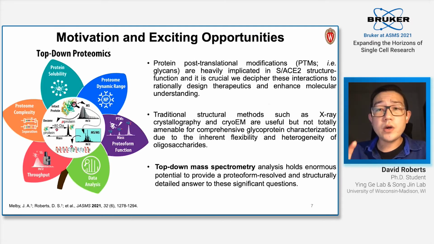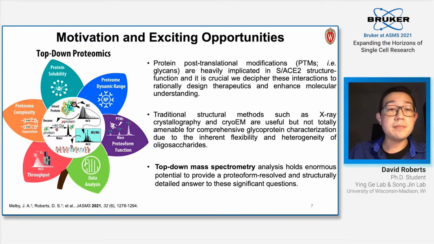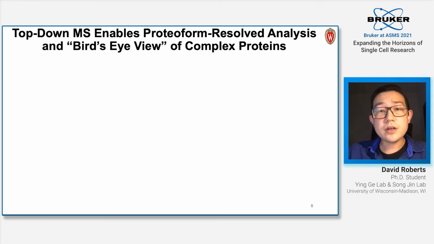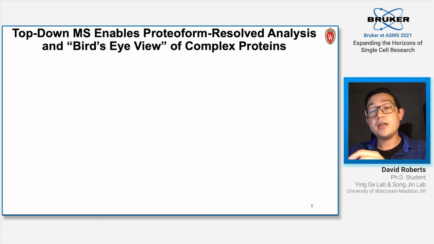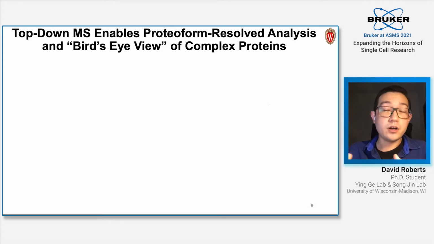And so this is where the rest of our group and I believe that top-down mass spectrometry can hold the key to trying to provide some of this molecular elucidation at the proteoform level. Specifically, we believe that top-down MS can provide the key molecular insights to reveal the complex structural landscape of heavily modified proteins, namely the S protein and potentially ACE2. And we feel this way because of what we've demonstrated in the Ge group, specifically using top-down, is the idea that we can use it to provide a bird's eye view of complex proteins